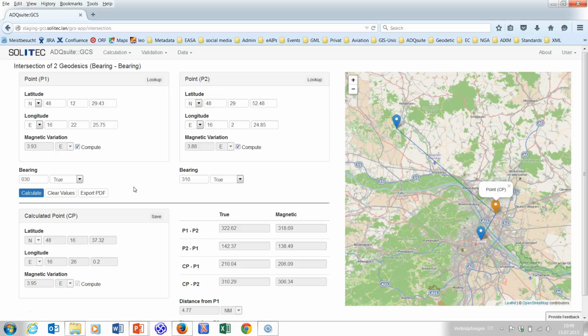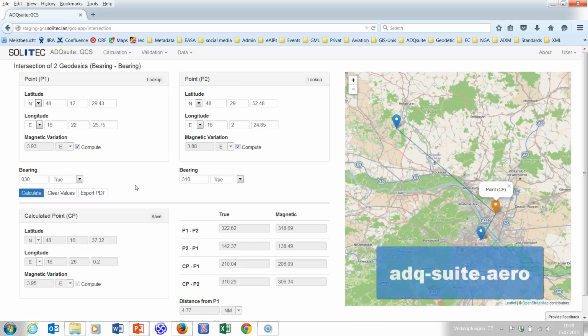Okay, so we are at the end of our tutorial. You have seen how to use the Save, Lookup, and the CSV import functionalities of GCS. For more specific information, please check out the other video tutorials available or the GCS user guide, which you can find on the